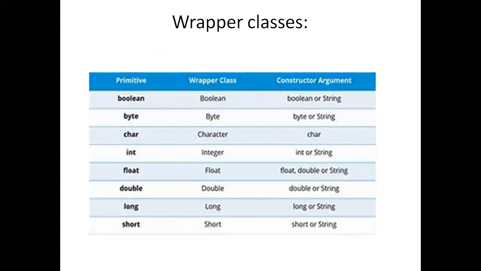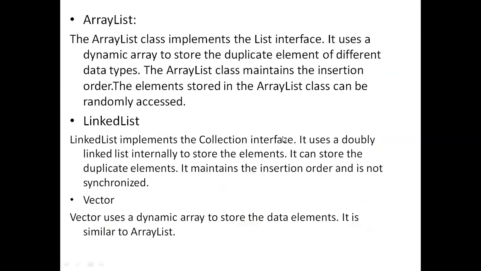So what is the constructor argument? The constructor argument is mainly used to convert a string, or the wrapper class must contain an object of boolean or byte type, as well as string or char or integer. In that argument we can write some shortcuts or keywords, just like Integer to int. All these things are important here.